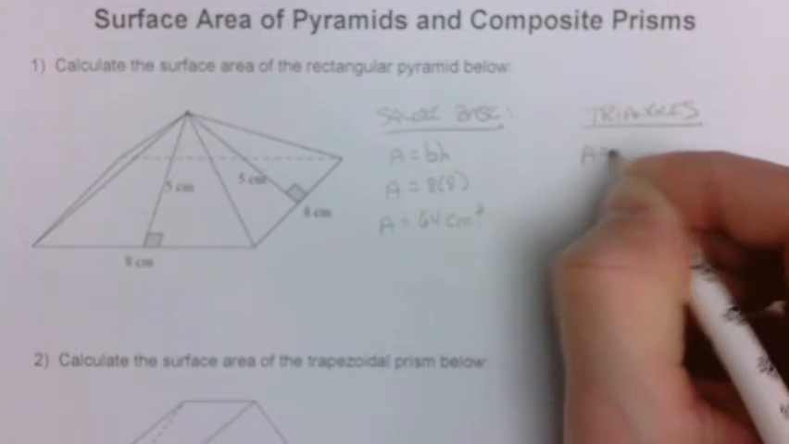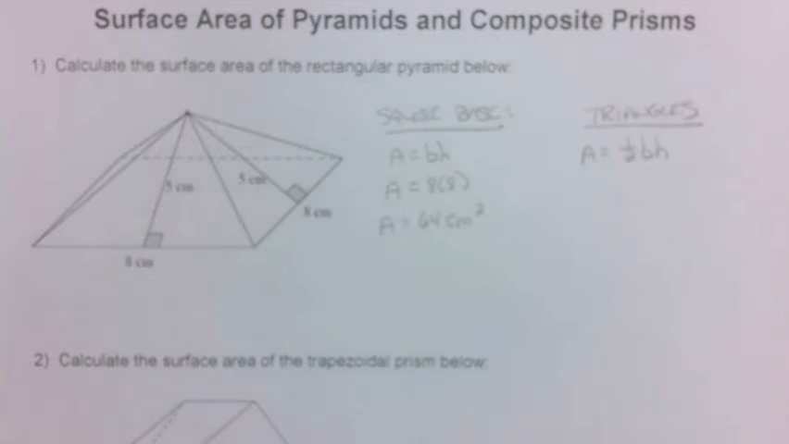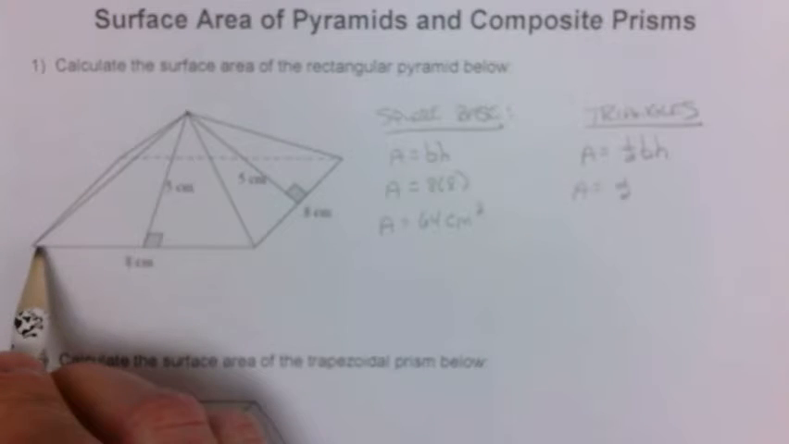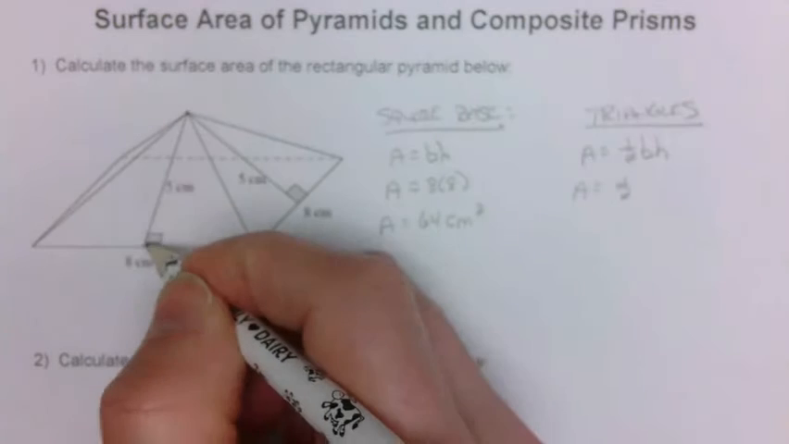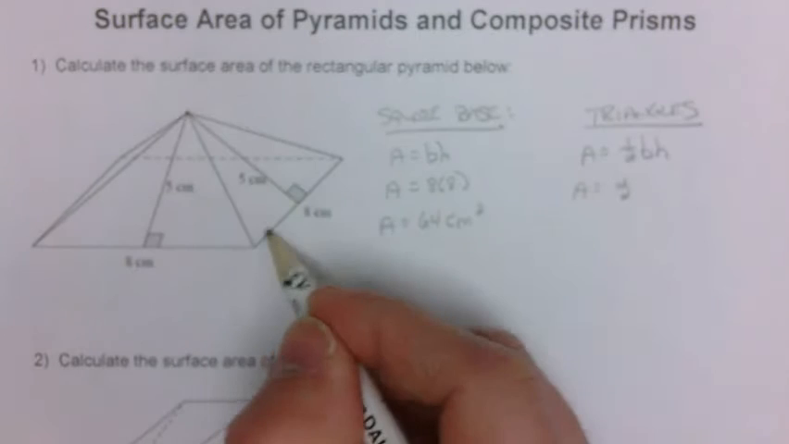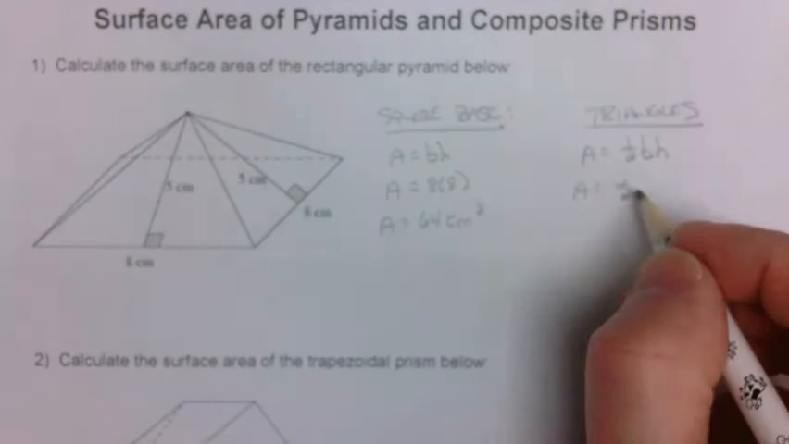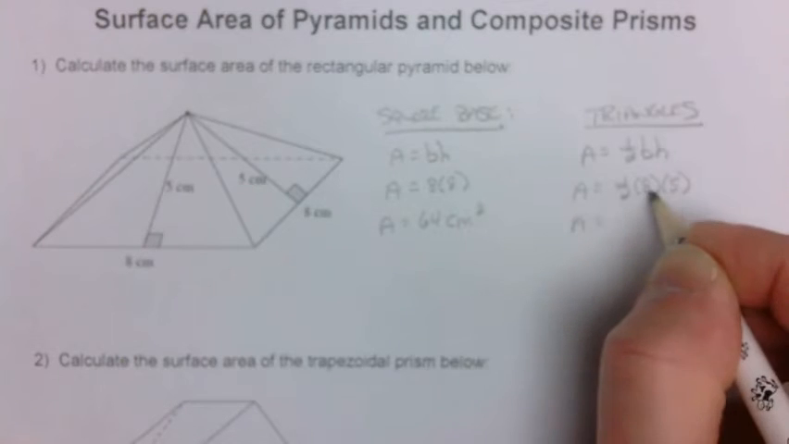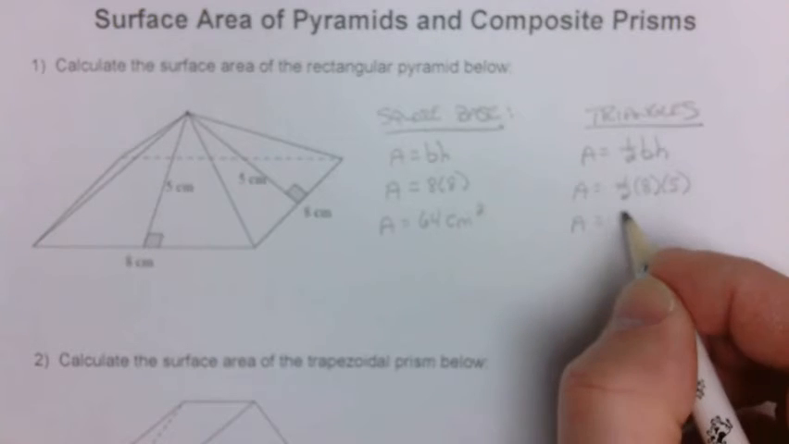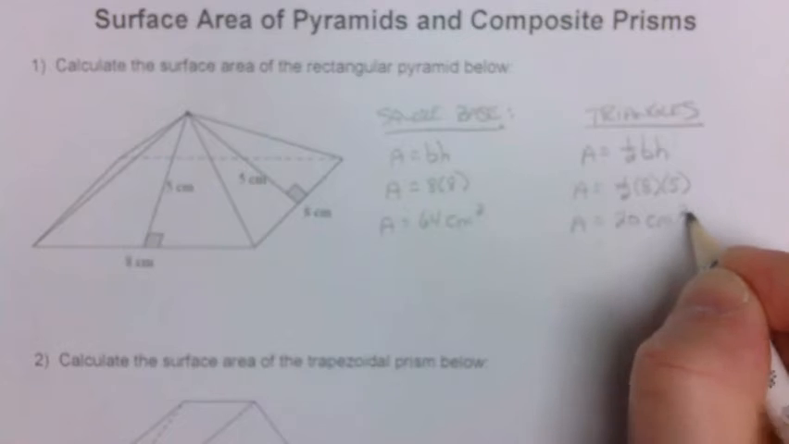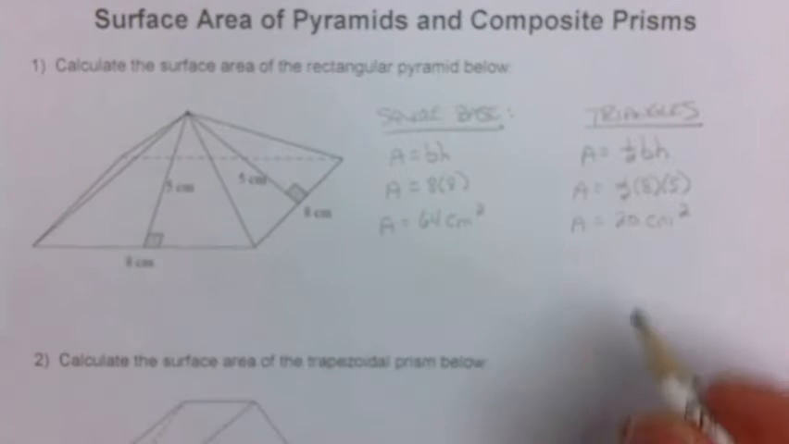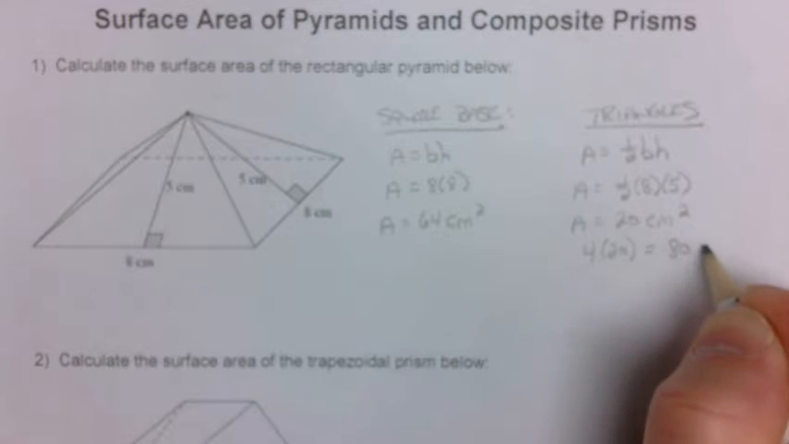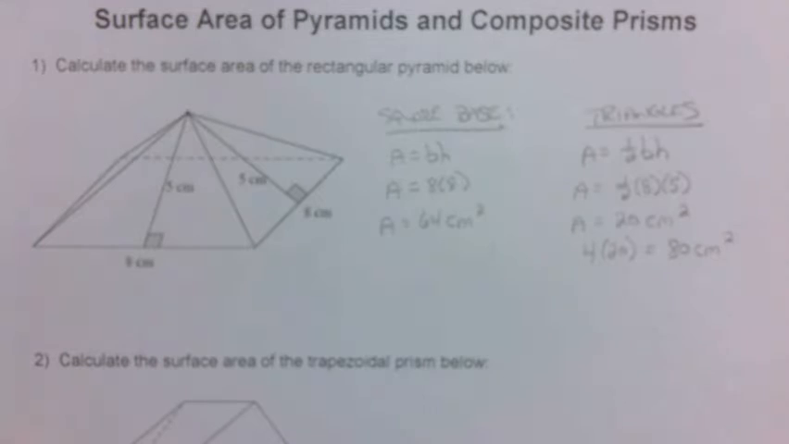A triangle uses the area formula 1/2 base times height. And I can see on my triangles that they're all 8 centimeters by 5 centimeters for their base and the height. So 1/2 times 8 times 5. Well, half of 8 is 4. 4 times 5 is 20 square centimeters. But there's 4 of these triangles that are all congruent. So I'm going to multiply 20 by 4, which means that the area of all 4 triangles is going to